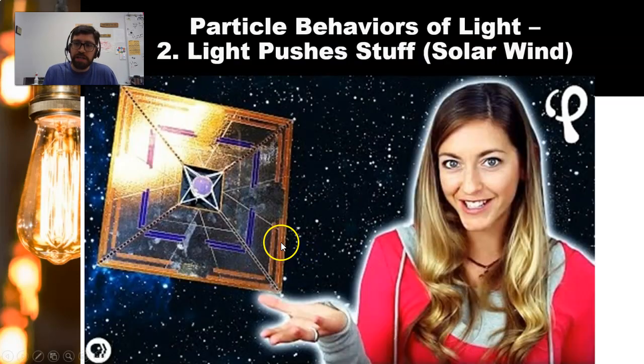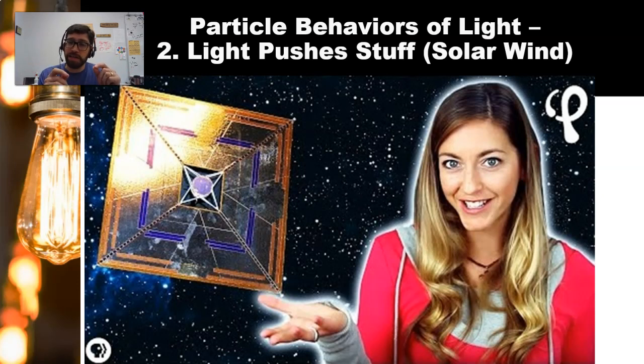The second particle behavior of light is this solar wind business, the fact that light pushes stuff. Now I'm going to show you a video. The next video on here is from the Physics Girl YouTube channel. She really explains it well. But in effect, you need to know, and you've probably never thought about this before, that when astronauts go to the moon, the light from the sun can act as wind. It can push the spacecraft off course, just like the wind can push an airplane off course. And we know that wind is a particle, it's matter. Well, light is too, because it does the same thing. And so astronauts actually have to account for the solar wind in order to get to where they need to go. We actually have to understand how much they're going to be pushed off course by light.